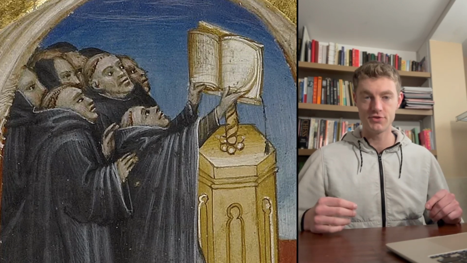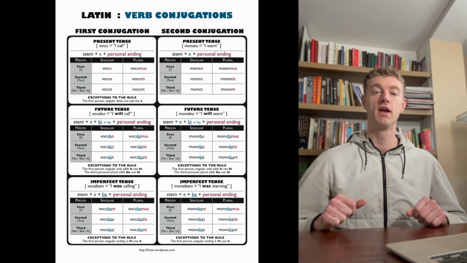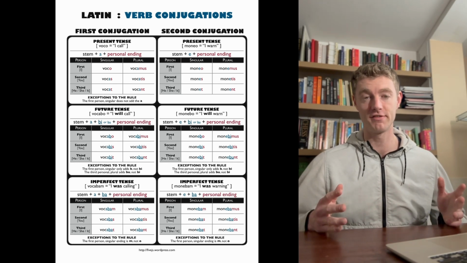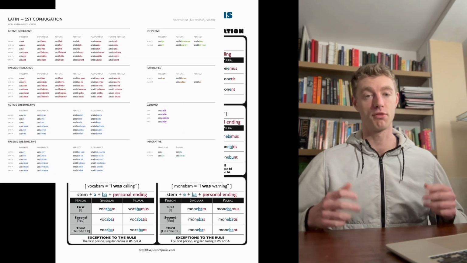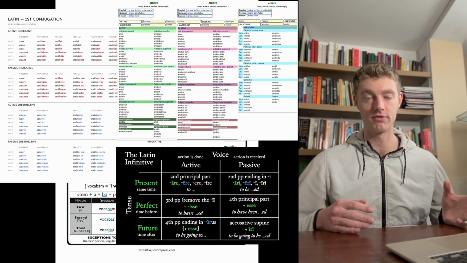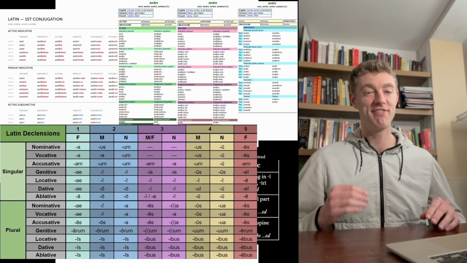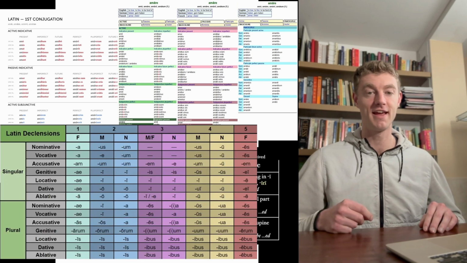school was developed by monks in the Middle Ages, and the point was to translate Latin scripts into either French or English. Latin is a super complicated language. It has 6 tenses, 4 conjugation classes, 3 moods, and 2 different voices. And that's all just for the verbs. The nouns are also split into 5 different declension classes and 6 different cases, which means that if you were